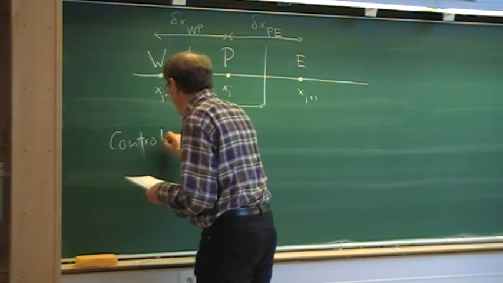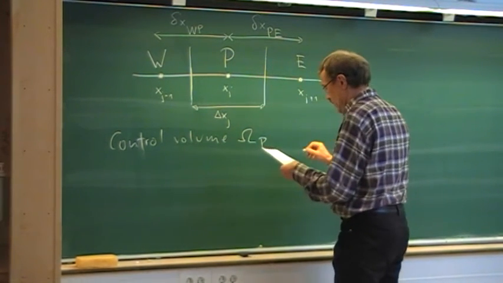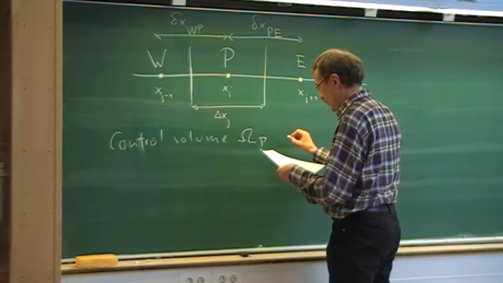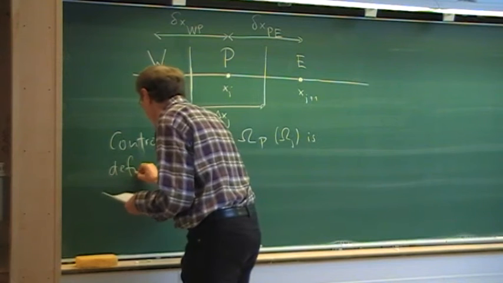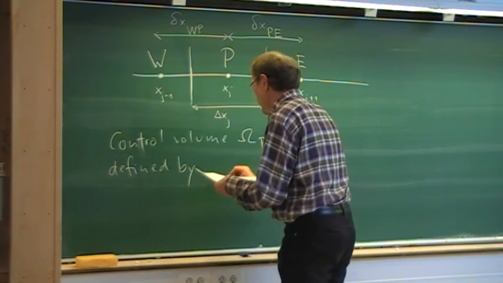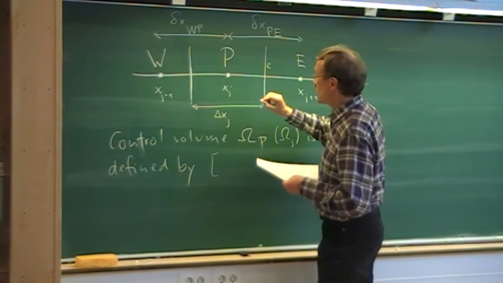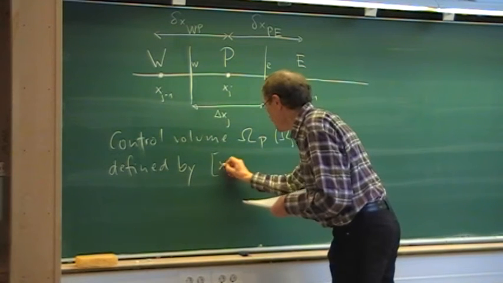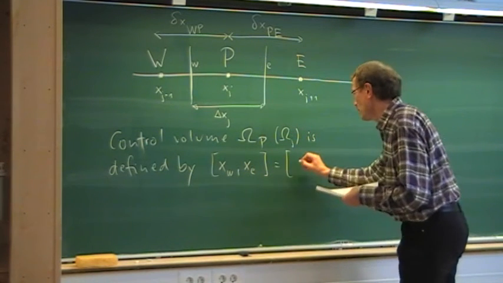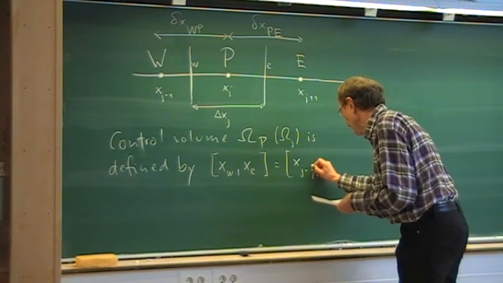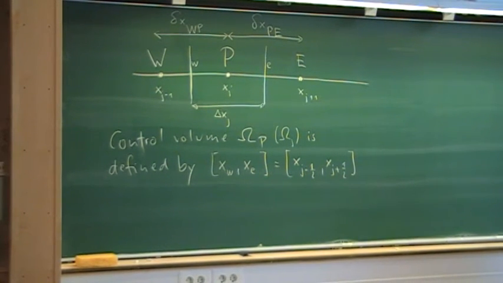So the control volume omega p is defined by, or it would be also the omega j, if we use the index notation, is defined by, you see it here, that our notation was that this is the lowercase e, this is the lowercase w, so that is then the x w to xe, which is the same in the index notation as xj minus 1/2 to xj plus 1/2. So that is the control volume, and